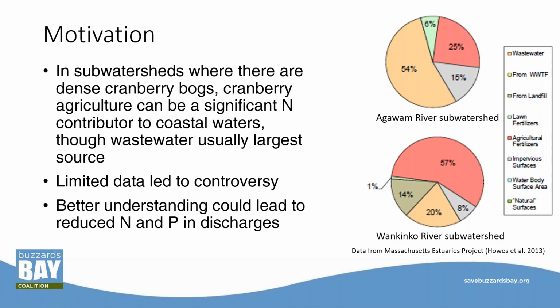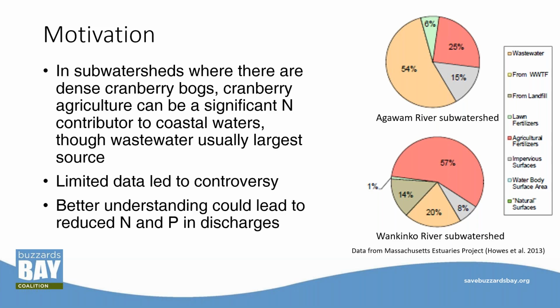coastal waters. And both the Wareham and Weweantic Rivers, where we have our dense cranberry agriculture, are impaired waters that have seen, once you get down to the coastal portion, loss of eelgrass as a result of nitrogen pollution. In terms of how we get the number that is associated with these pink sections of the pie chart,